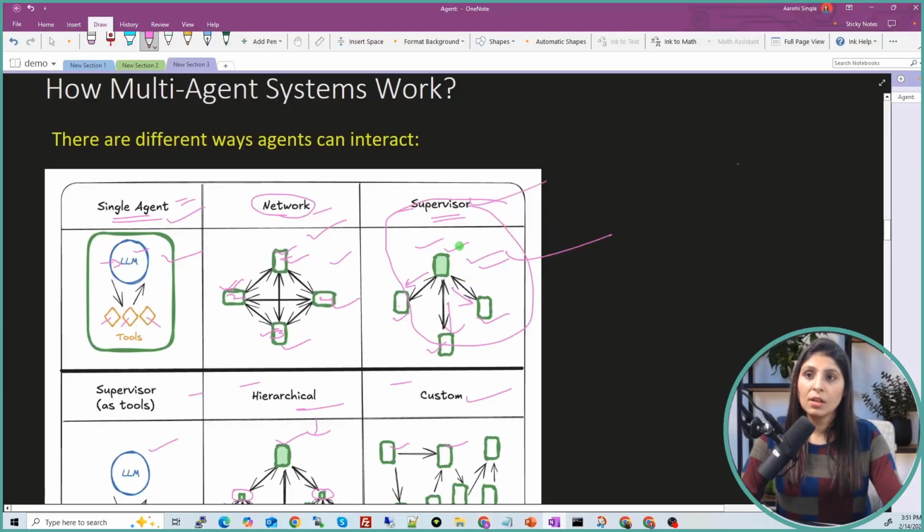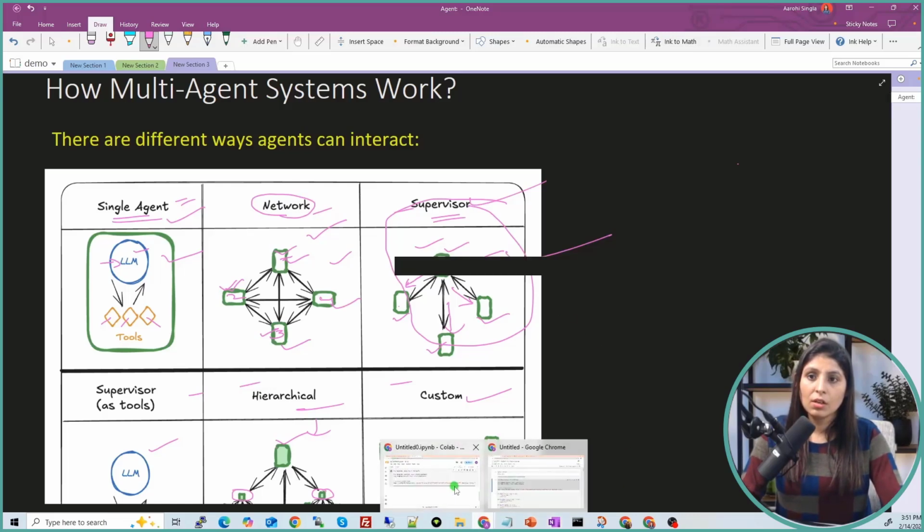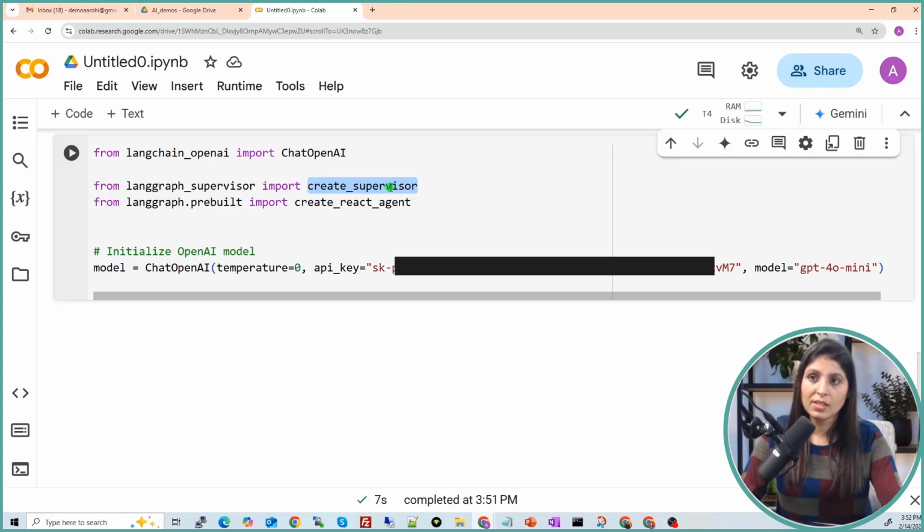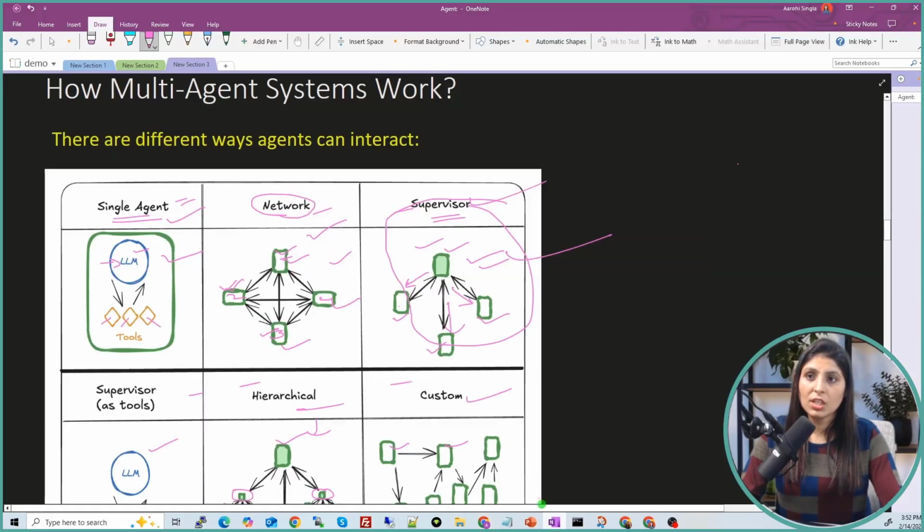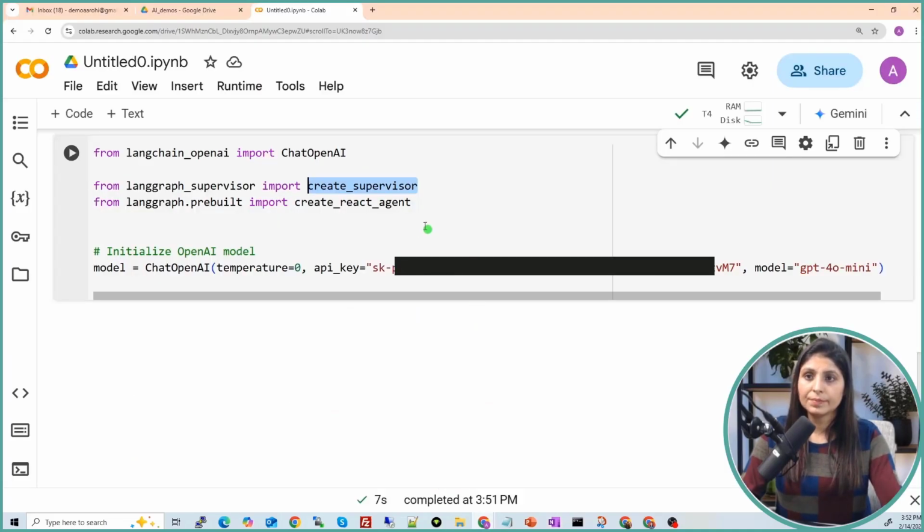Which supervisor? The main agent over here, this supervisor. This supervisor we will create using create_supervisor. Then to create agents, we will use create_react_agent. Which agents? These agents. These agents we will create using create_react_agent.